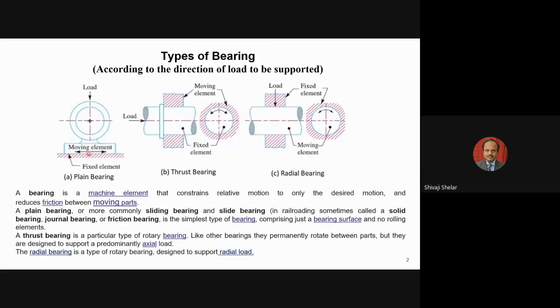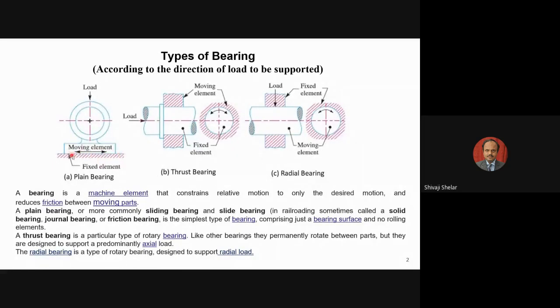Say we have one element here. This is the fixed surface, and this is the moving surface. When this moving surface is moving on this fixed surface, there will be relative motion here. So we need to decrease the frictional resistance here. You can use different elements here. You can use lubrication. You can use rolling elements in the form of balls, rollers, and you can reduce the friction and the frictional coefficient, and you can reduce the energy loss in the friction or heat here.